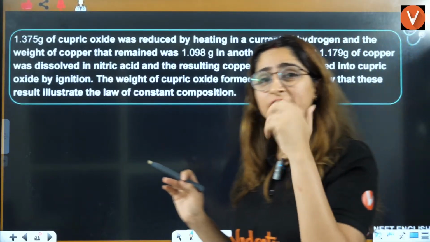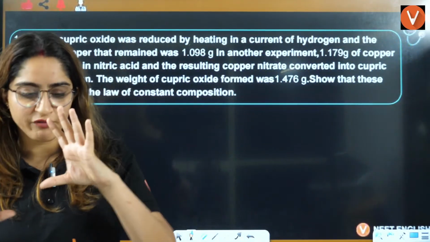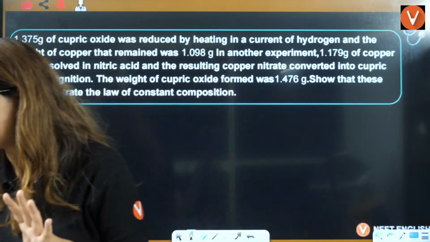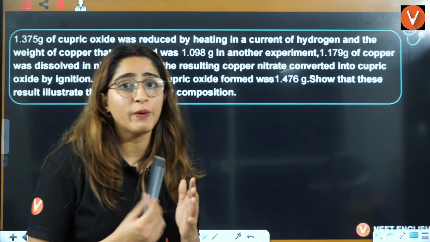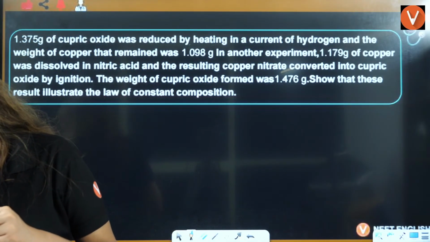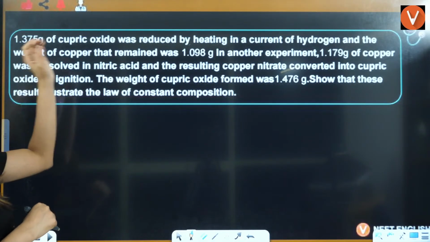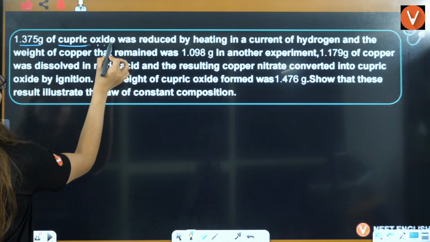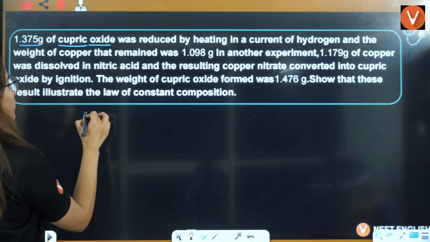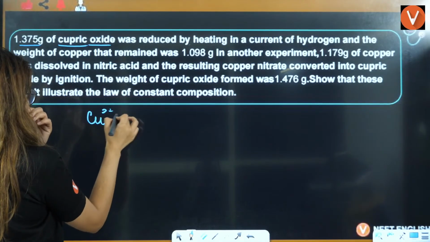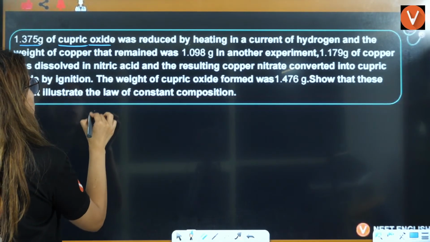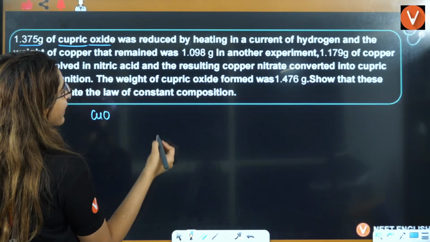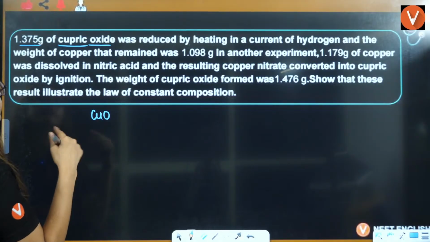Now let's talk about the question here. The law of definite proportion and the law of multiple proportion, the way of solving the questions will be quite similar, so you have to pay full attention here. Okay, let's see this question firstly. They are saying that this much of copper oxide, cupric oxide, cupric meaning Cu2+, and O2-, so that is CuO. This much of cupric oxide is reduced by heating in a current of hydrogen, and the weight of copper